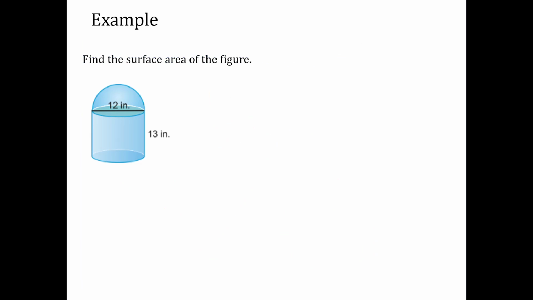And finally, just to give you a more difficult example, not difficult because it's hard to do, but difficult because you need to think a little bit if you were trying to find the surface area of this thing. Now, this is half of a sphere plus a cylinder. So, what's the surface area for a sphere? Well, it's 4 pi r squared, so we'll say 1/2 times 4 pi, radius would be 6 squared